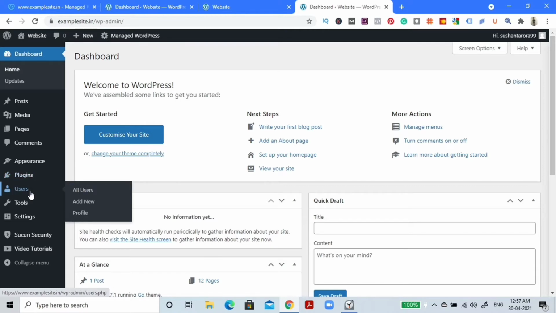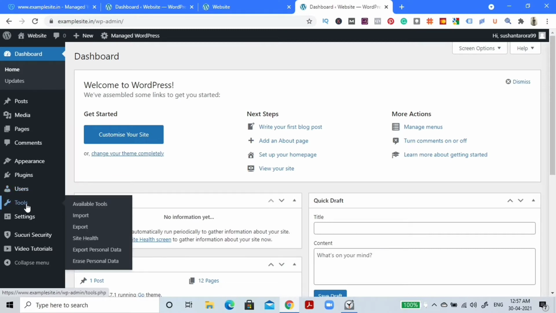In the users section, you can add all the users, add some profiles, all the people who can access this website. Now the tools section has a lot of tools for us, including but not limited to importing new themes. Let's say if I download a theme via the internet, I can import that theme and use it, right? So instead of going for some theme which is already built in, I can download it via the internet and then import that theme and apply it.